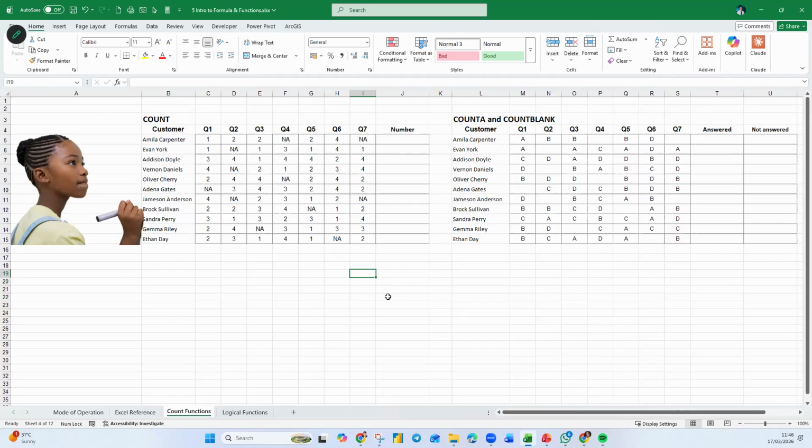Now, the count function is divided into a lot, but I'm going to cover three for now. The first one is count, the second one is count all, then followed by count blank. So let's note what is the difference. Now let's reflect on what we learned this morning. If I use the sum function, the sum function only sums when there is a number. So the count function here is also similar. They only count if your cell contains a number.